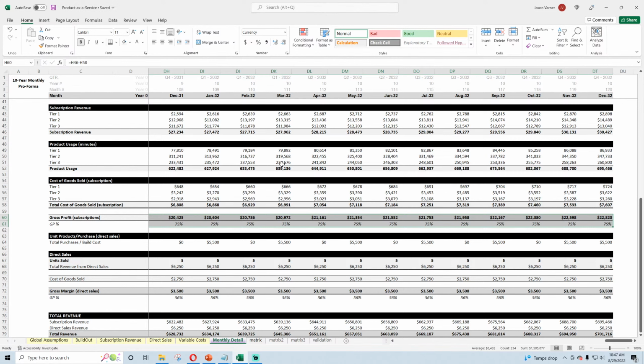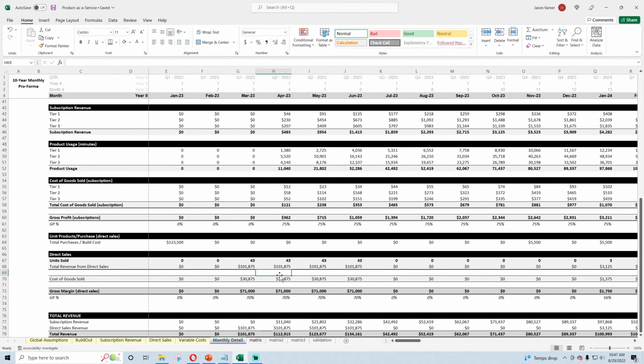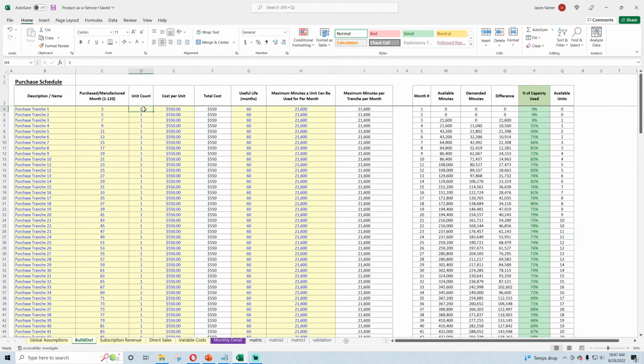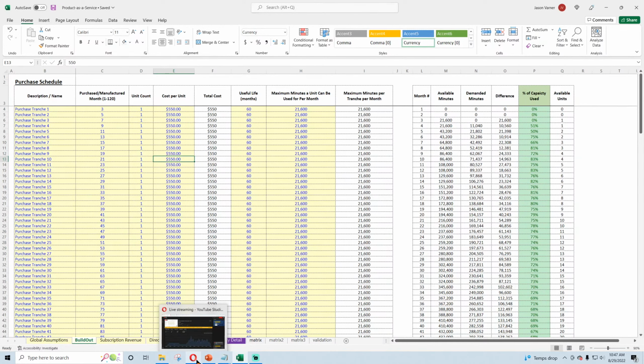Now, this model is not assuming anything about facilities. So it just has purchase, build out of items. Here, we don't have any assumptions about